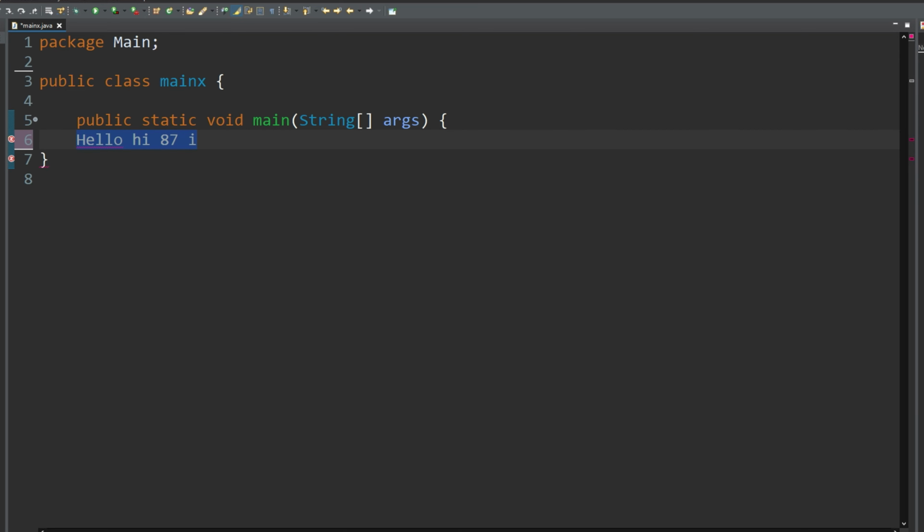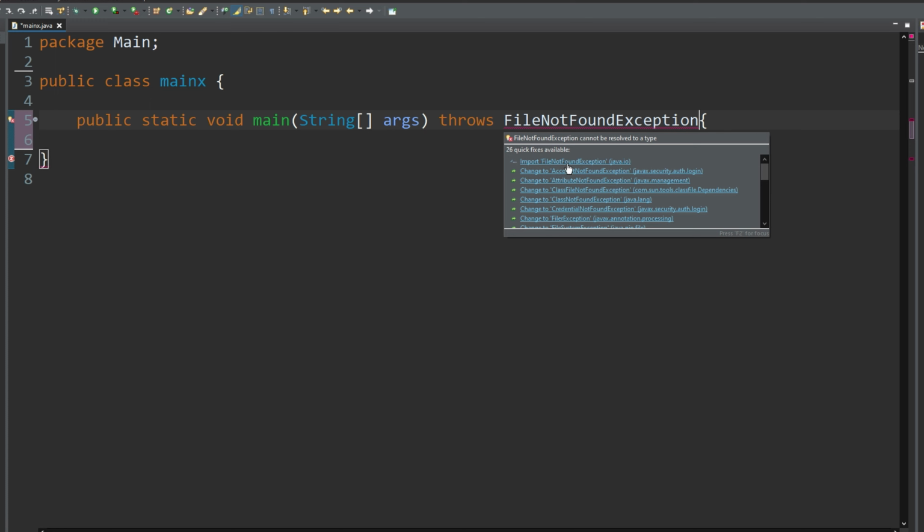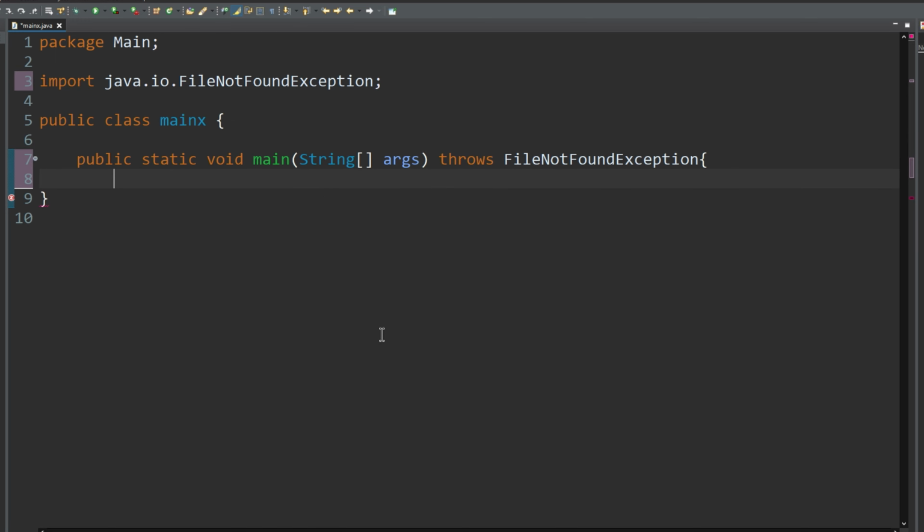When we read tokens from a file, we can do it by using a while loop. First we will read in our file, and to do this it's standard that we have a throws FileNotFoundException, just in case the file isn't found. We need to import this, and after this we need to write a scanner that will scan in our file. We'll have Scanner, and we can call this read and set it equal to new Scanner